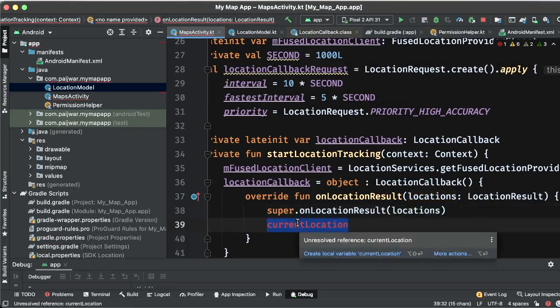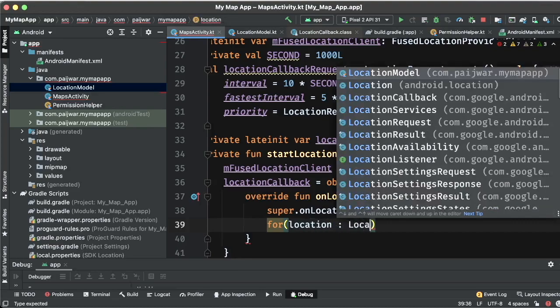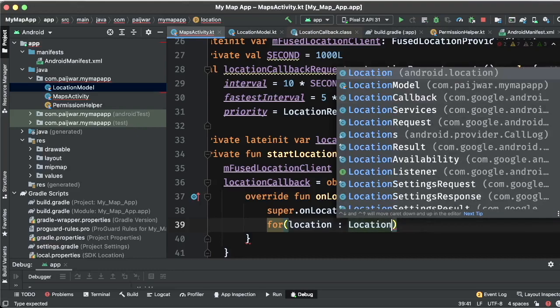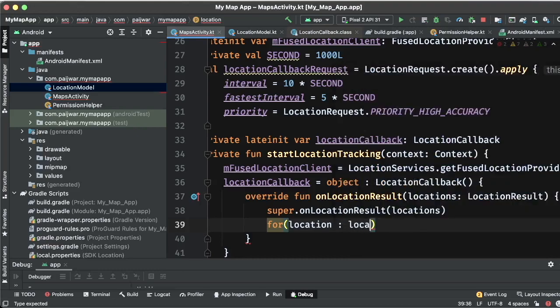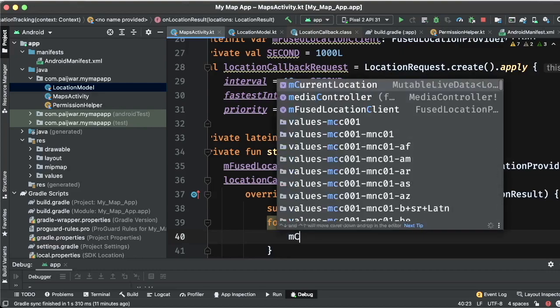Then I will need to run a for loop for location in locations.locations. I got a location, and I will just update it onto current location.